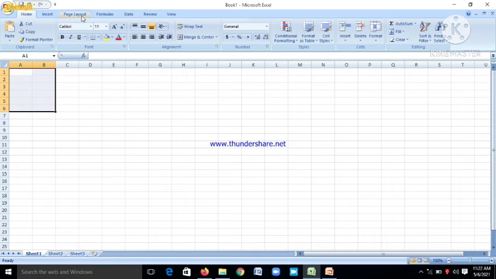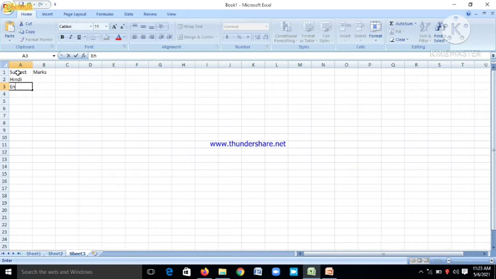So this is our Microsoft Excel. In this Excel spreadsheet, here this is called spreadsheet. This is sheet 1. You can see this is sheet 2 and this is sheet 3, and we can add more than one sheet according to our choice. Now our basic point that we will discuss today is how we can create the basic formula. So for that we have to write some data so that we can perform calculation. For example, here we write the subject and here we write the marks of a particular student.